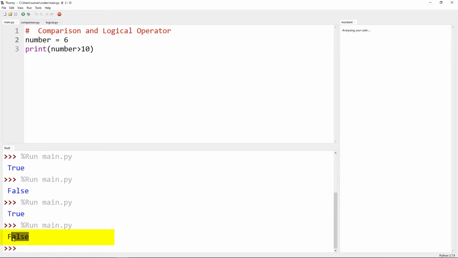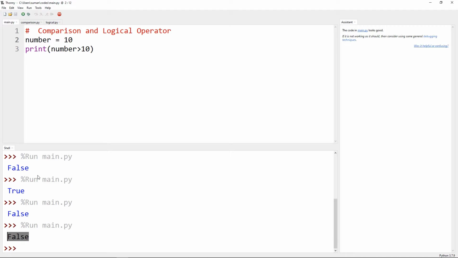So that is false. That is how we can use the greater than comparison operator in Python. Now suppose we are changing the value from 6 to 10. Obviously 10 is not greater than 10. So that must be a false expression. If we run the code, we are getting the result as false.